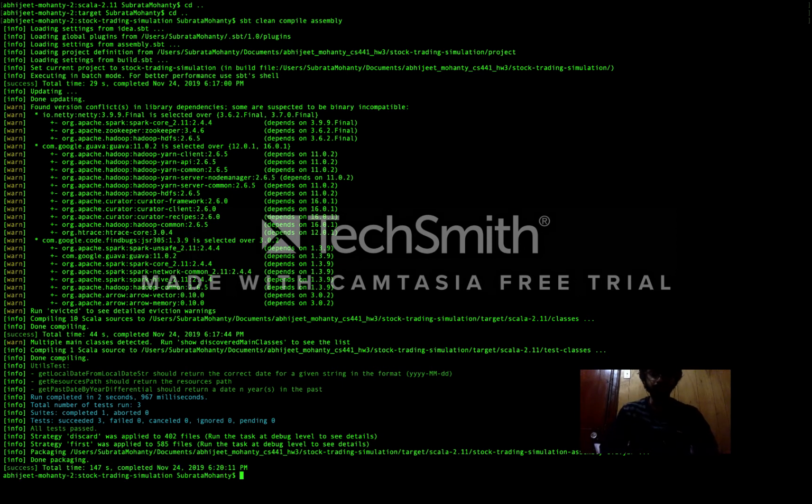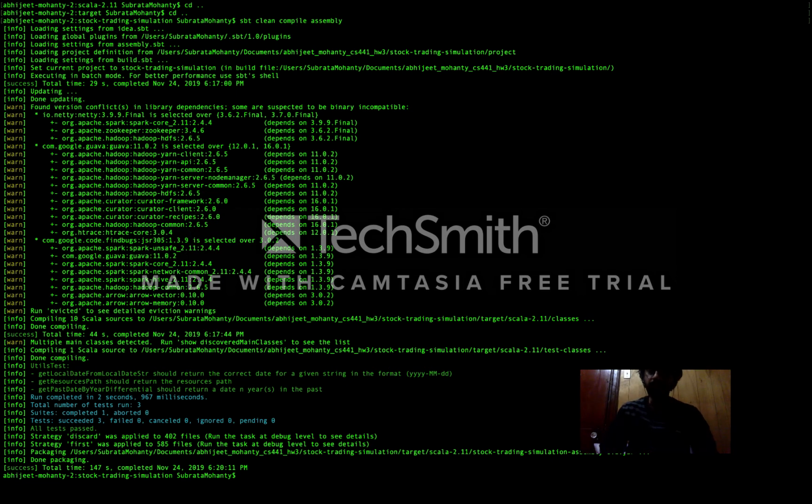Yeah, so as we can see, we've successfully built our artifact, which is in the form of a jar. Now this jar will be stored on an S3 bucket, which is AWS's scalable storage service. Before that,